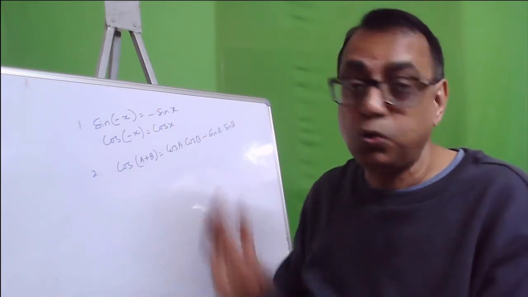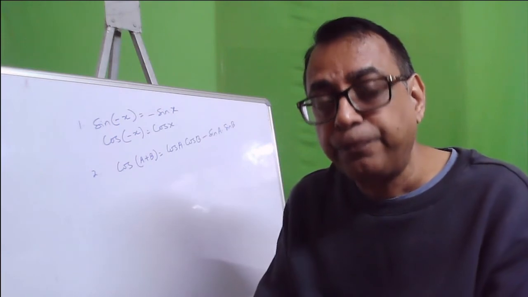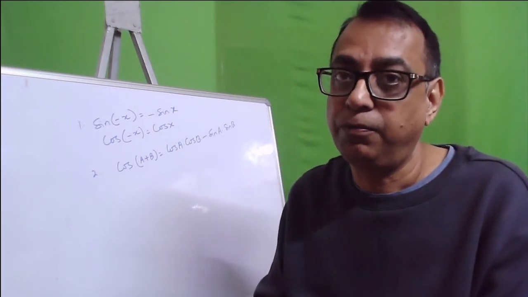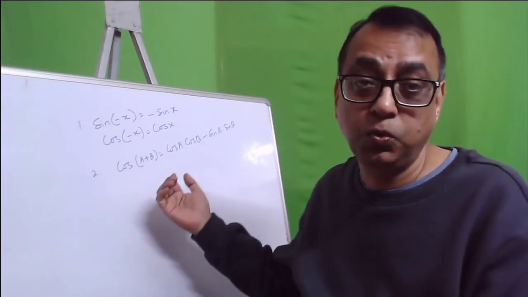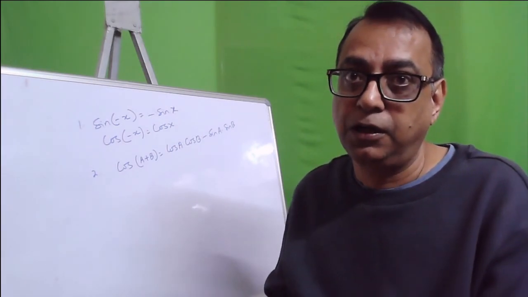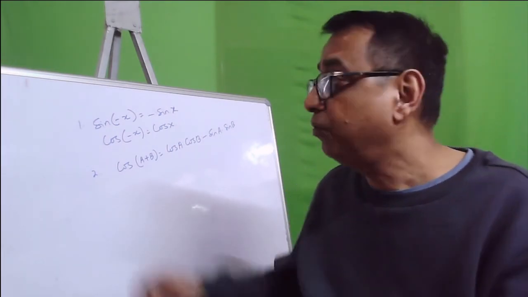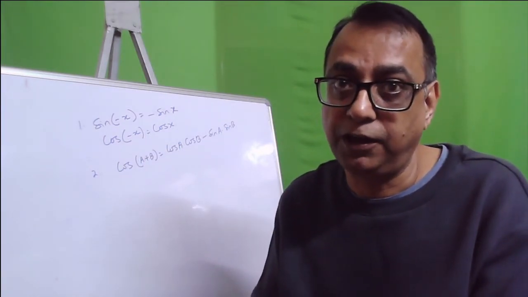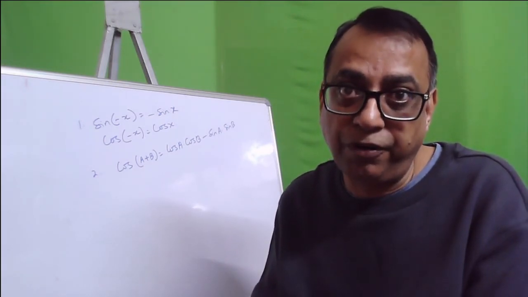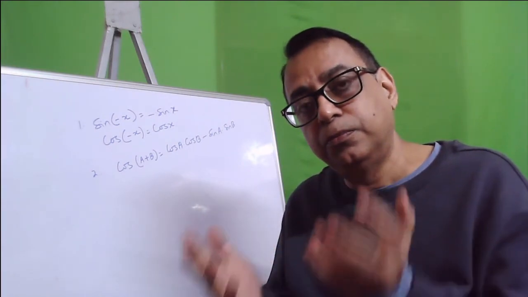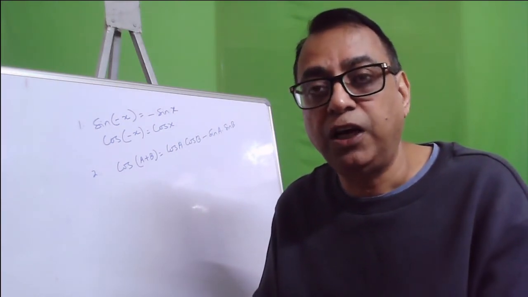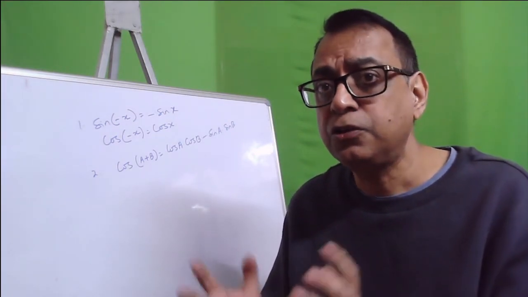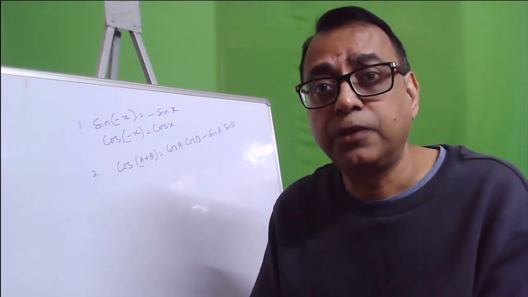Now these two formulas, if you remember, finding out the rest of the formulas is merely a matter of a couple of moments. Just remember these two and you can work out the others. And we have also shown how this is helpful. For example, we could not earlier find out the value of sine 15 degree or cos 7.5 degree. And also there will be many values which we could not find earlier. Now using these identities we can very easily find that out. So this is the basics of trigonometric identities.